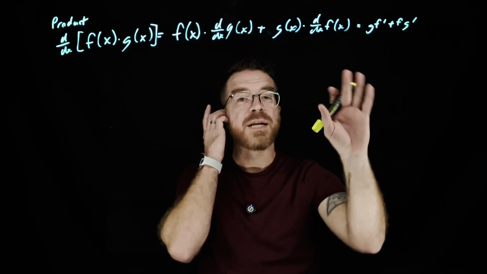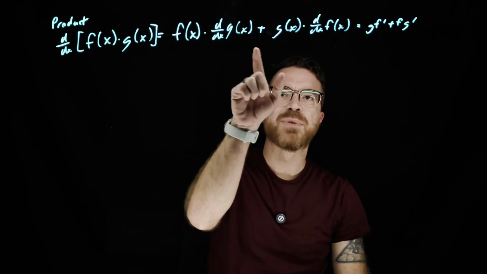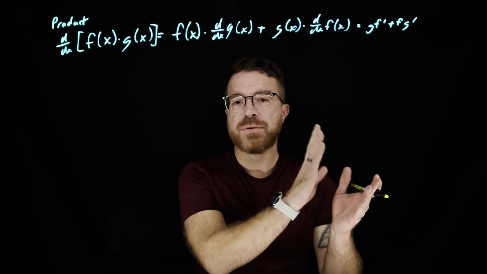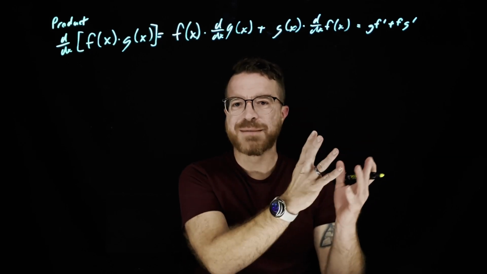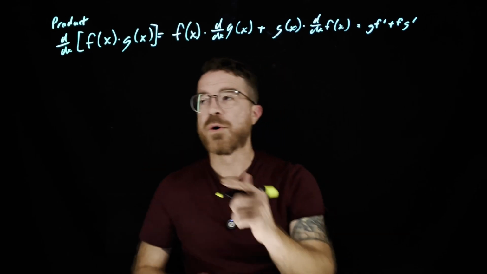Now you may have noticed that I flipped these around, right? If you looked at the way I wrote it originally, it was f g prime plus g f prime. I actually switched this because these are associative and commutative, so it really doesn't matter what order we put them in. But the reason I did this is because as we go into our quotient rule,